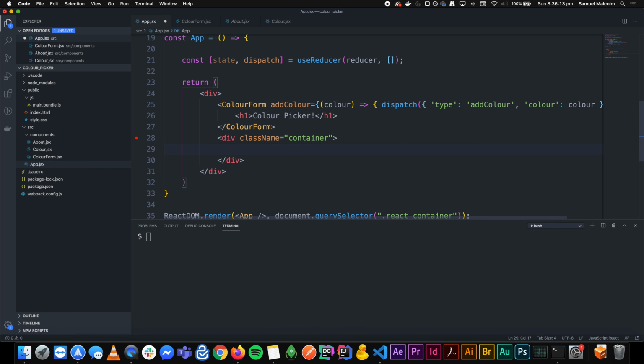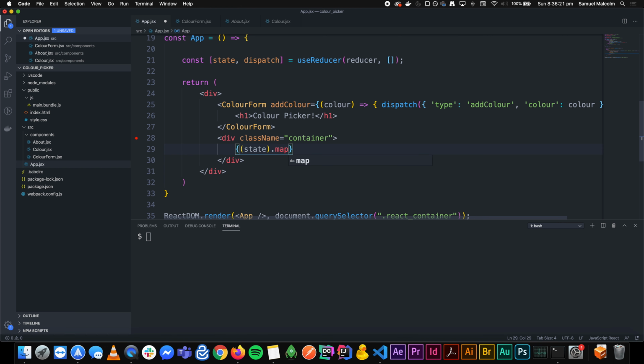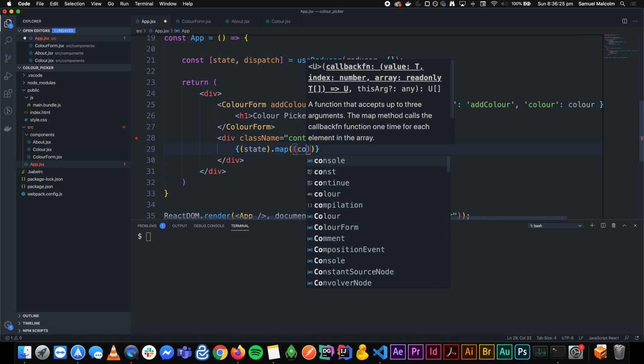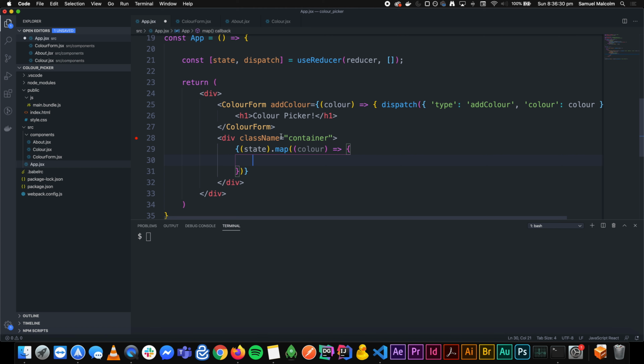And because we have the state available to us, I can open up braces here, and if I type state I can actually use the map method, which is basically going to loop over the state here, and I'm going to type color. And now, for every item in this state variable, it's going to call this function with color as an argument. And if I return, just like we would when we're creating a functional component, if I return a value here,